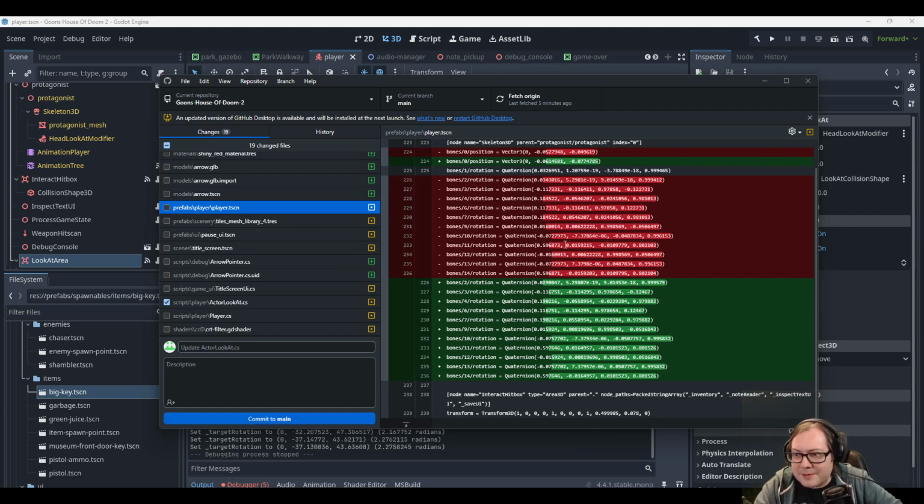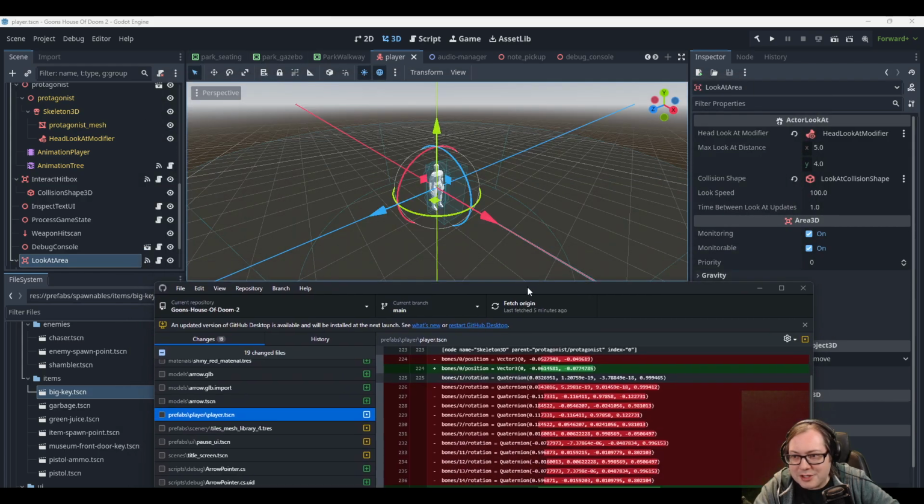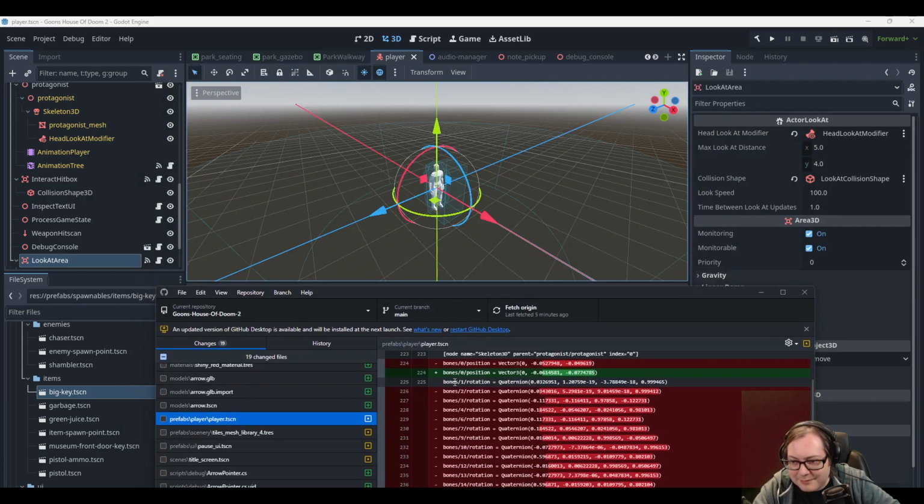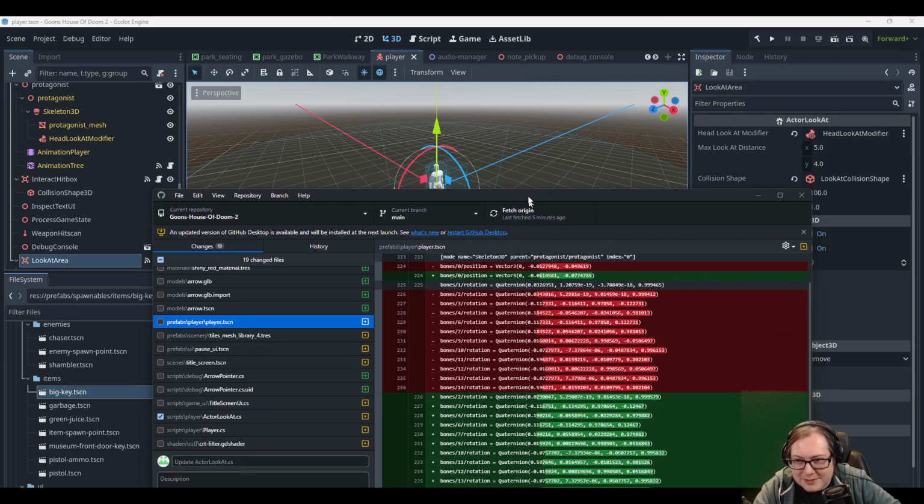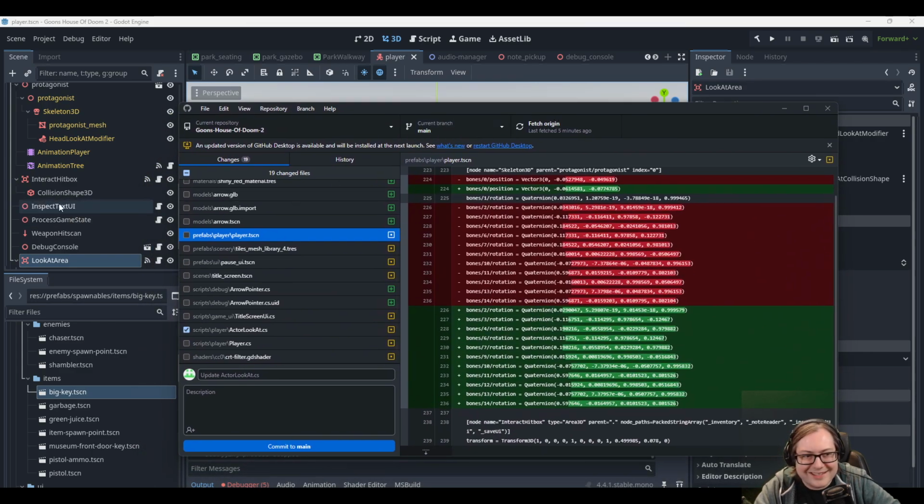Okay, Godot does this weird thing where if you have a scene open, I have a bunch open, right? But if you're focusing on it, if there's an animation playing, it will just continuously update the rotation information, even though that's not related to anything. It's just like, yeah, here's where this is. I don't know why it does that. Anyway, point is,